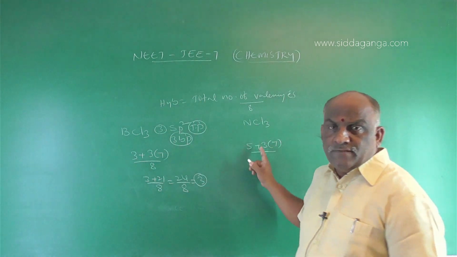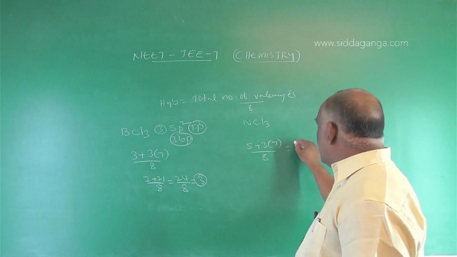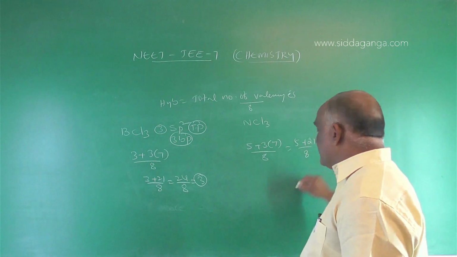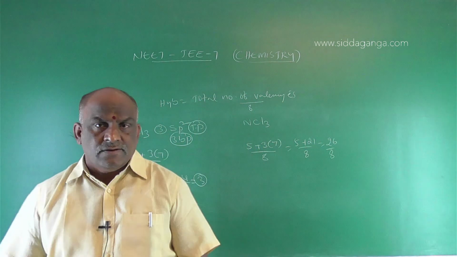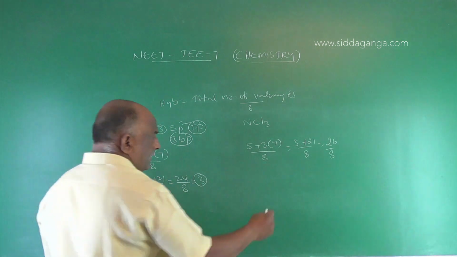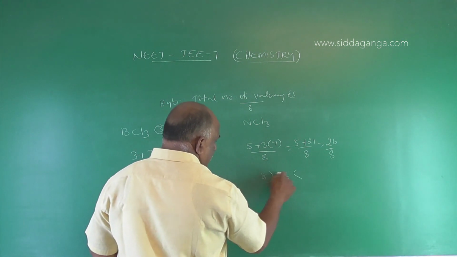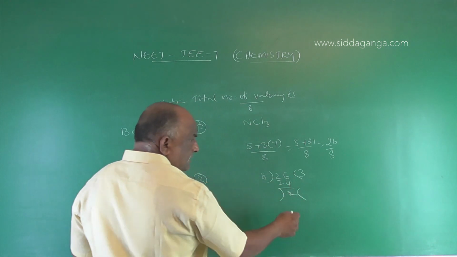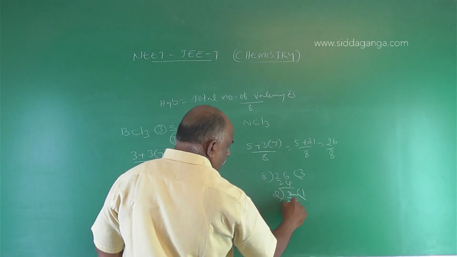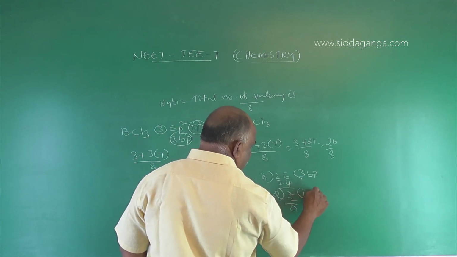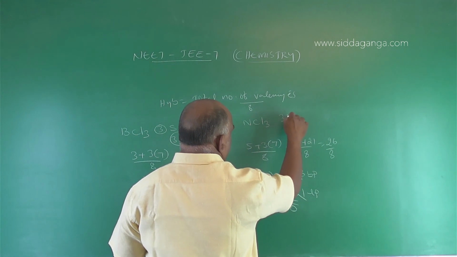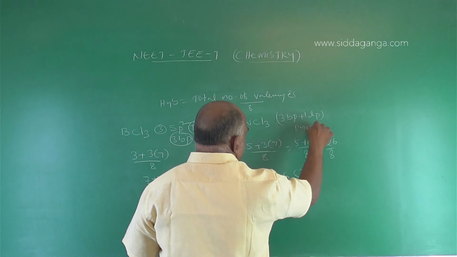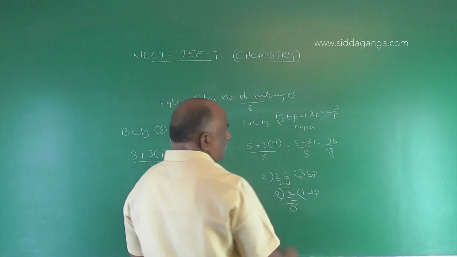On the other hand, let us come to nitrogen trichloride. What will we get? 5 plus 21 by 8, we get 26 by 8. 26 is not in the 8 table, so you should go with this method. 8 threes are 24, then the remaining is 2. This remaining is less than 8, so we satisfy with the helium configuration, then 2 by 2 is 1. This is the bond pair and this is the lone pair. So total 3 bond pairs and 1 lone pair. That's why it is a pyramidal shape, and the hybridization of the molecule is sp3.